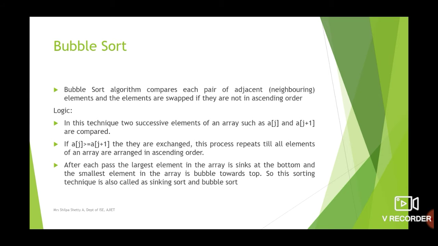So once we do this, we perform the comparison again in the same way, but this time we exclude the last element. So we will compare only the first 4 elements. The comparison will be the first element with the second element, then second with the third and third with the fourth. So after we finish the second step, that is 3 comparisons, the second largest element will be placed in the last but 1 position, that is, the 4th position. So likewise we will continue.